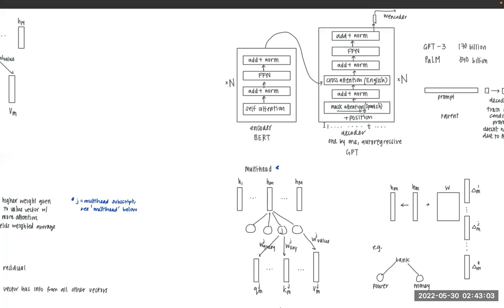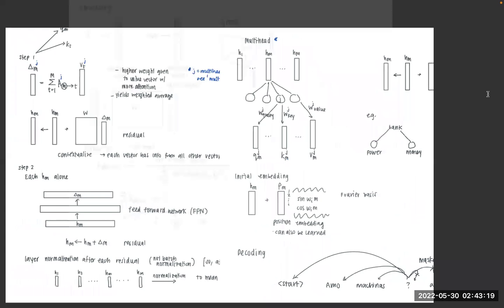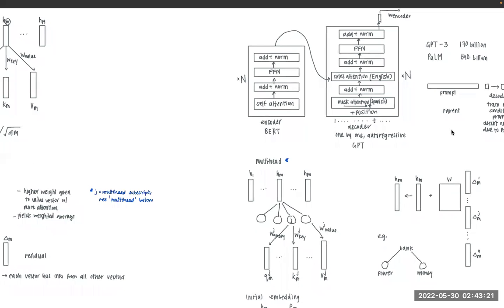And suppose that you already have 200 words. You have already generated 200 words, and now I want you to generate the next word based on the previous 200 words. So this is like a prompt. I give you a prompt, and you generate the next word. So that's the decoder part, and then you just use masked attention. You pay attention to previous words,